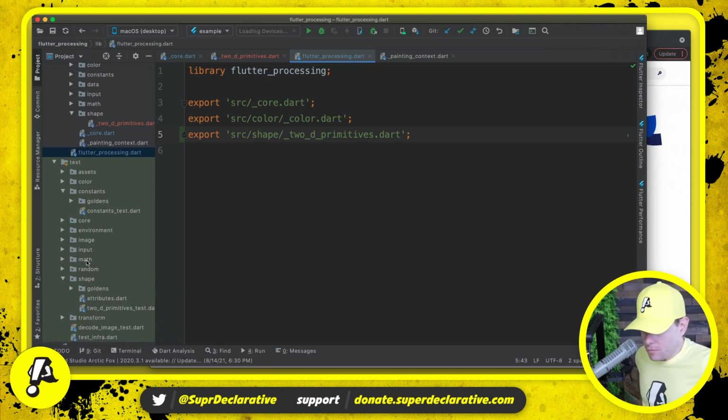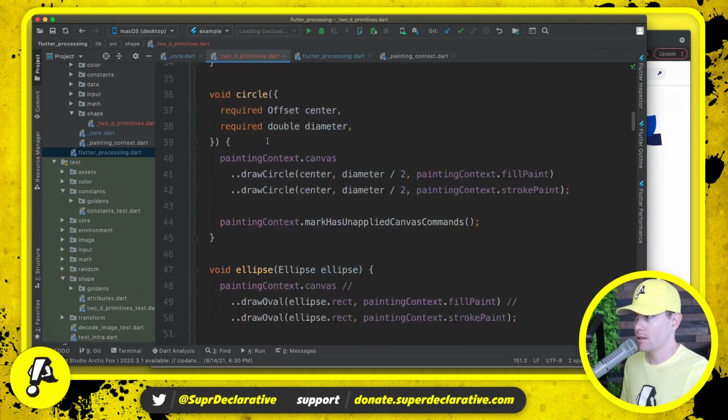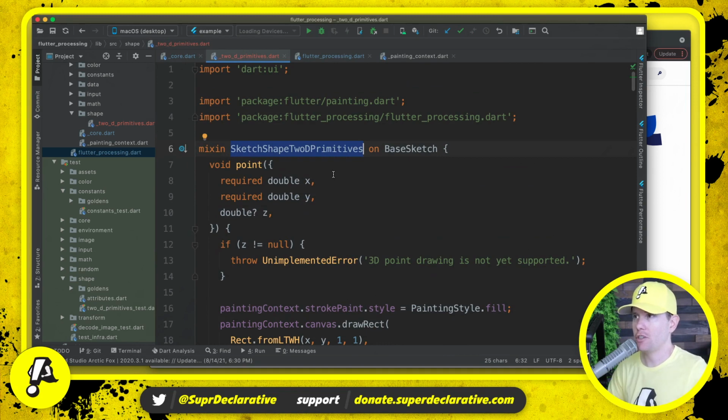However, we just exported that mixin. We just exported our sketch 2D primitives mixin, which really doesn't have any meaning outside of the package. So either I think those data structures should go back into core,